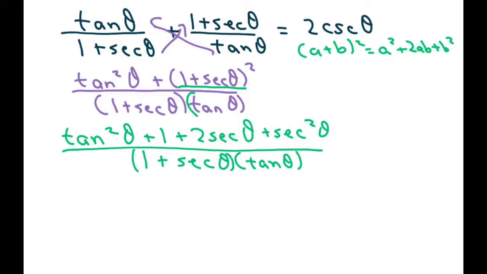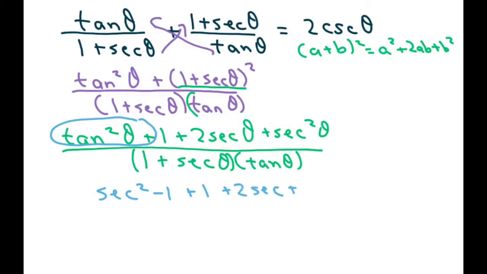Okay, so let's see what we can do with this. We don't have any minuses here. So basically, I can write tan squared as my identity. I want to have all secants in the numerator. So tan squared equals secant squared minus 1. And I'm just substituting, so then I'm going to add my 1 plus 2 secant